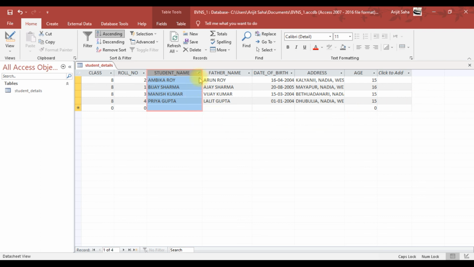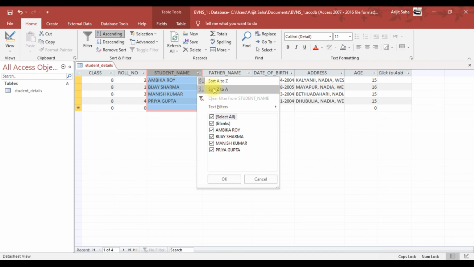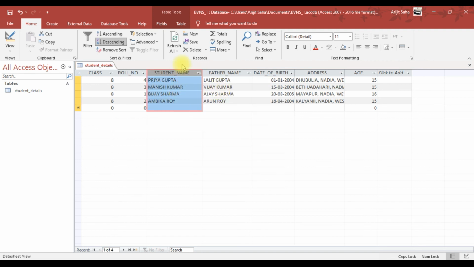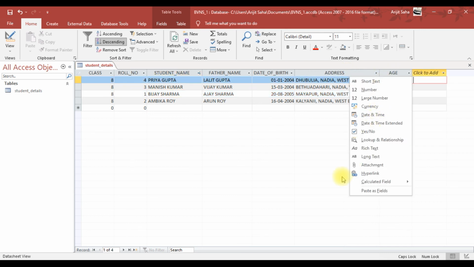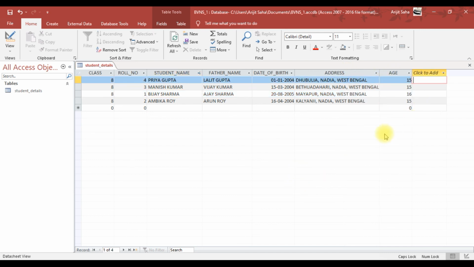Okay, so as you can see, a sorting option is given over here. For descending order, you just click on sort Z to A, and everything will be sorted in that way. Similarly, you can do this with any of the fields with which you need to sort your data. This can be done for any other column of the table also. Whichever column you need to use to sort it, you can definitely use.